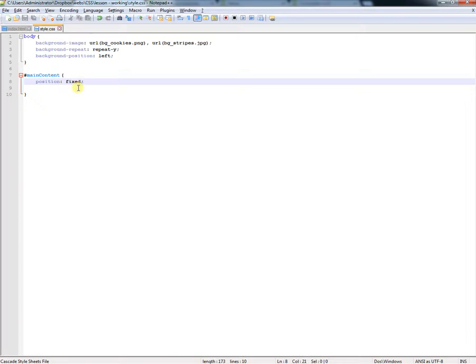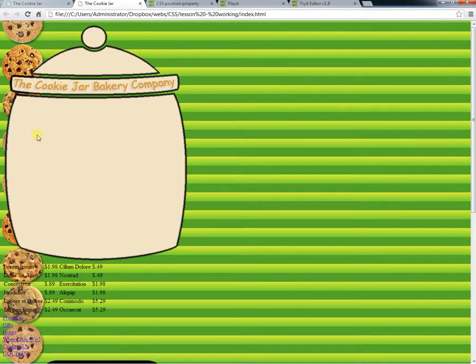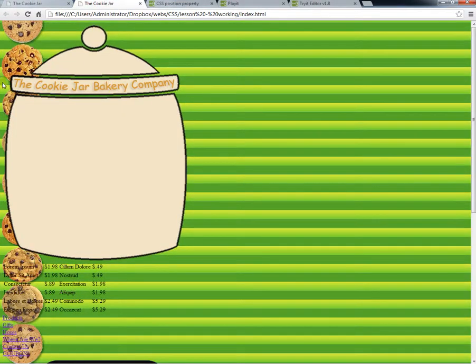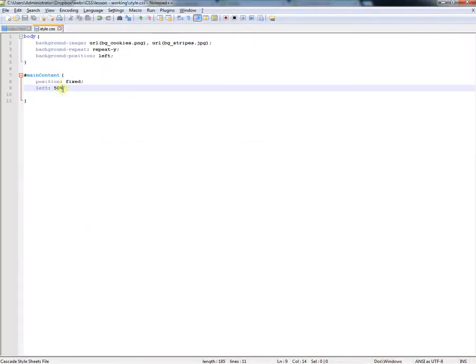So when I go fixed, what I want to do is left 50%. And this is how I'm going to center it. What I want is this text box to move in from the left 50% of the screen. So if the screen is this big, I want it to move in 50%. If the screen is this big, I want it to move left 50%. Okay? So this property here is essentially how I center this website, or how I center that div,